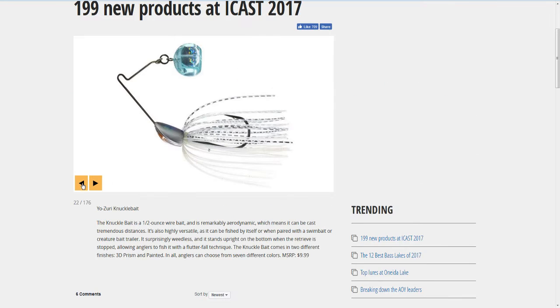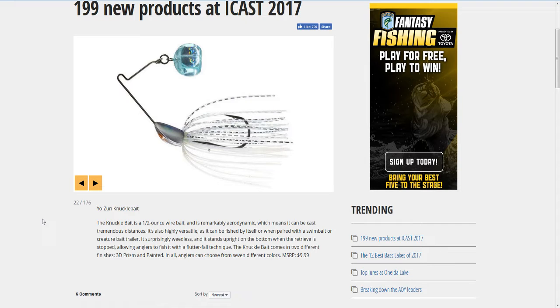I wish it'd just bring up a gallery so I could check that out. Look at that thing. Hey, was that a knuckle bait rattler up top? That's bizarre. Dynamic, which means it can be cast tremendously. This is also highly versatile. Can be fished by itself or paired with a swim bait. Surprisingly weedless. I don't see no weed guard on there, but